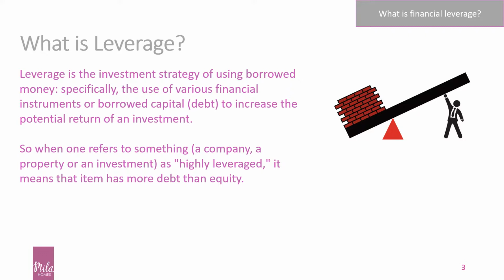You use buy-to-let mortgages, which typically have a 75% loan to value ratio applied to them, which means you have 75% worth of debt on that property, and you put in 25% by way of a cash investment. So someone could look at that and say that's highly leveraged. You have 75% of the total value of a property wrapped up in debt, and you have 25% of equity. So when you hear someone talking about being highly leveraged, it means there's more debt associated with that investment than there is equity.